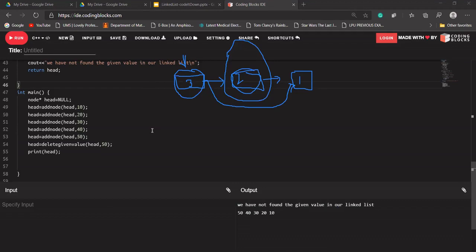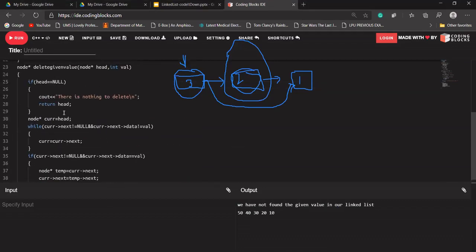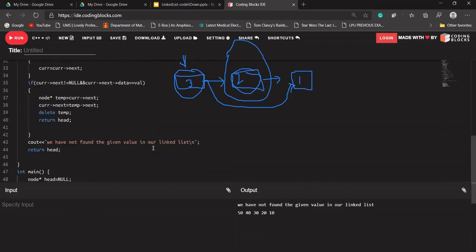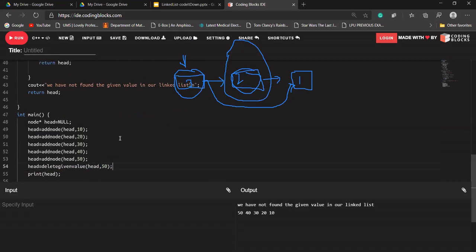Special case is required. Yes, because if we see, let's try to dry run our code. Let me dry run our code. So what will be stored in our linked list: 50, 40, 30 and 20 are stored. We know this as we have seen while printing. If this function is being called, what will our function do? Let's see it manually.